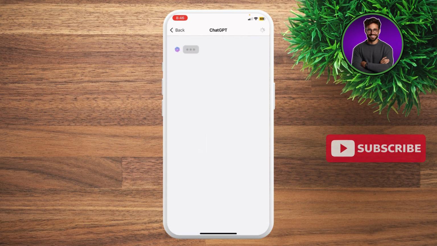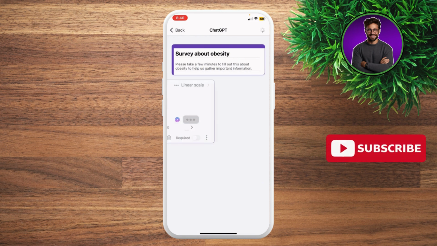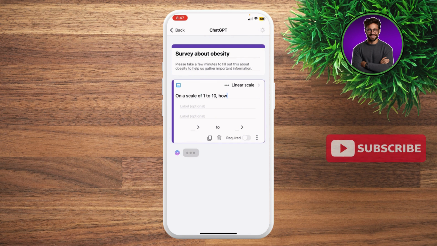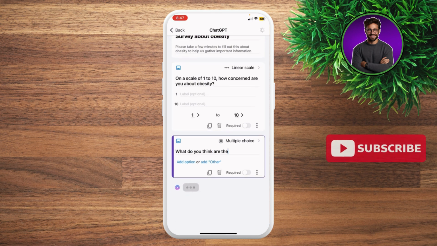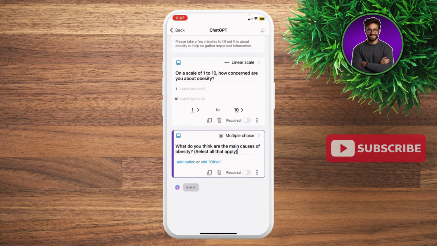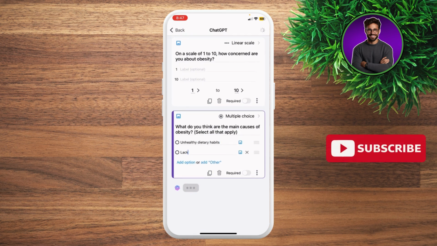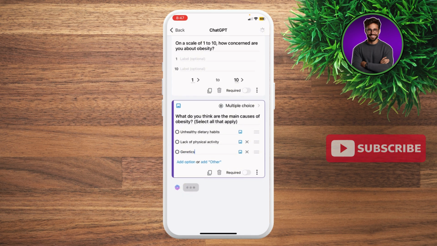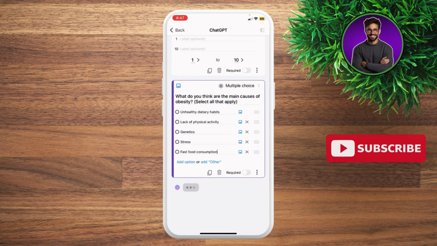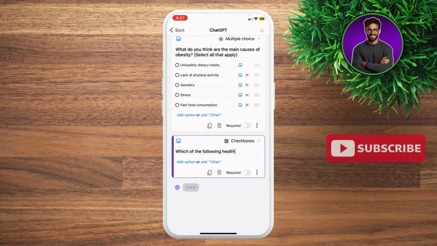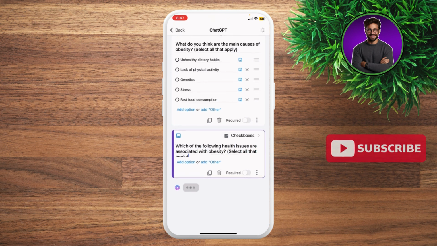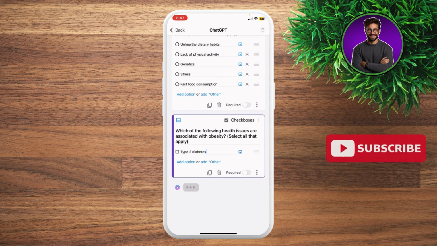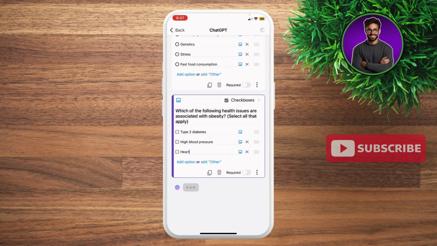Okay, and then I'm going to forward it to ChatGPT, and ChatGPT will write the title, and then write the description, and then just take care of all of it, right? And you don't need to actually do it all like we used to. ChatGPT will take care of it. And as you can see right here, you're going to be able to see ChatGPT by itself creating for me a survey that